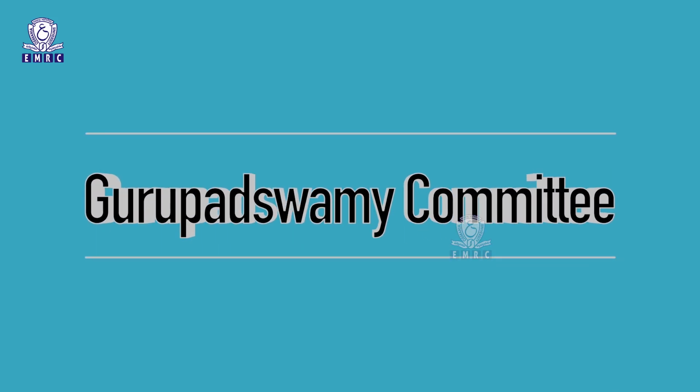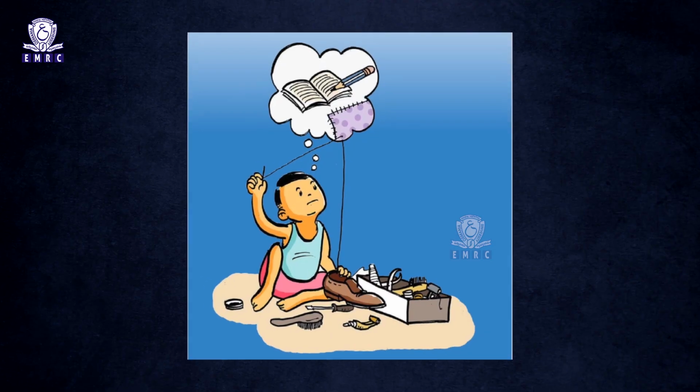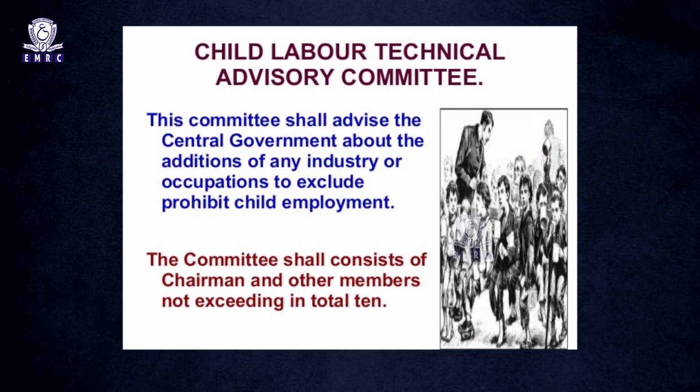Based on the recommendations of Gurupada Swami Committee, the Child Labour Prohibition and Regulation Act was enacted in 1986. The Act prohibits employment of children in certain specified hazardous occupations and processes and regulates the working conditions in others. The list of hazardous occupations and processes is progressively being expanded on the recommendation of Child Labour Technical Advisory Committee